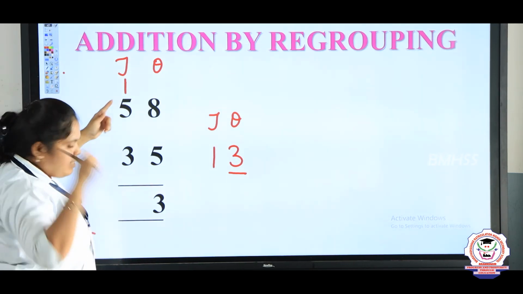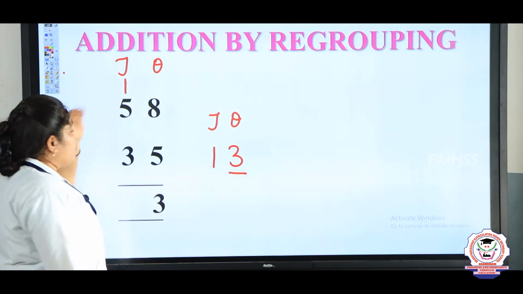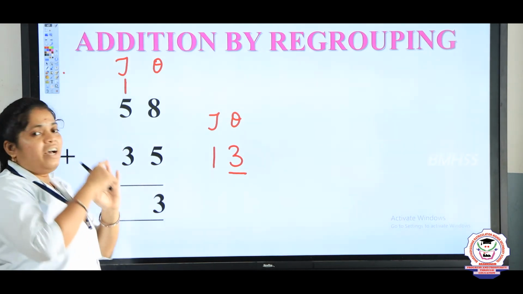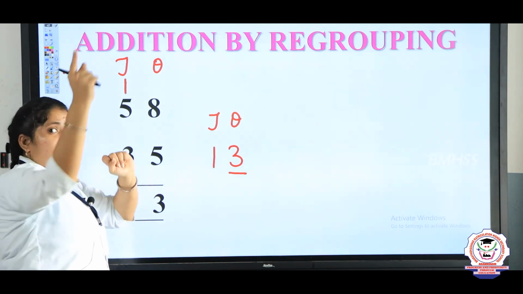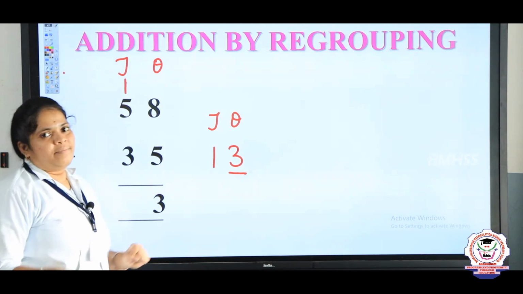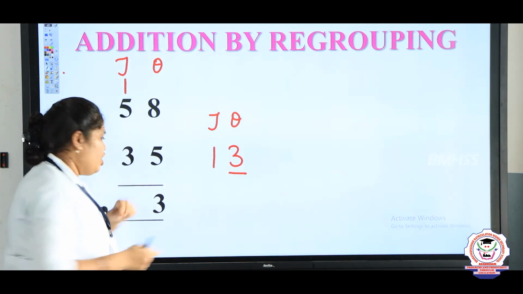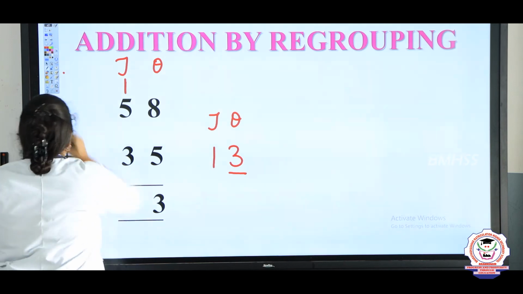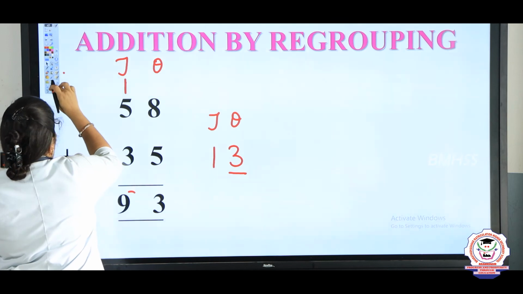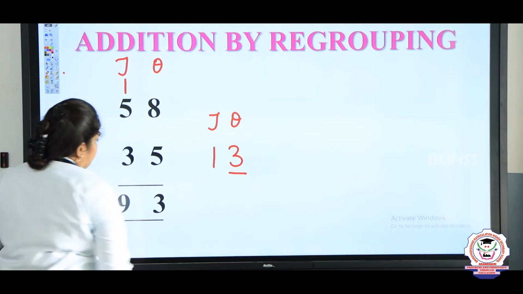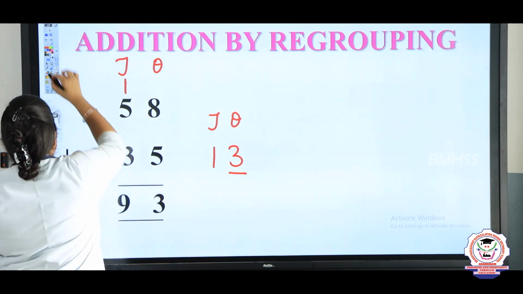Now the same process: add. 1 should be in your mind and 2 in your finger. 5 in the mind, 3 in the finger, 5 after: 6, 7, 8, we finish. So 8, no more fingers. So 8 plus 1. How many? 8 in the mind, 1 in the finger. 8 after, 9. So you should write the number 9 here. So our answer is 93. So this is the regrouping form. Let us see one more sum here.